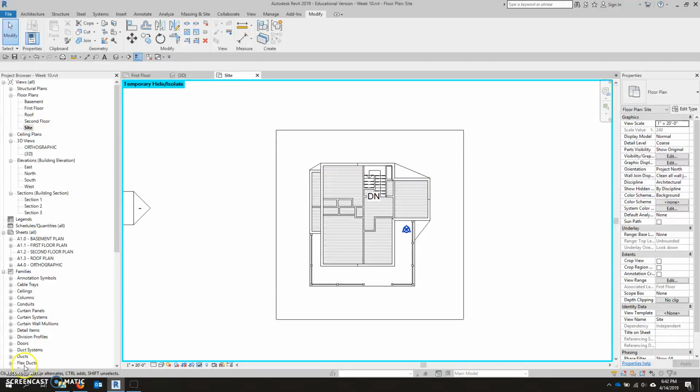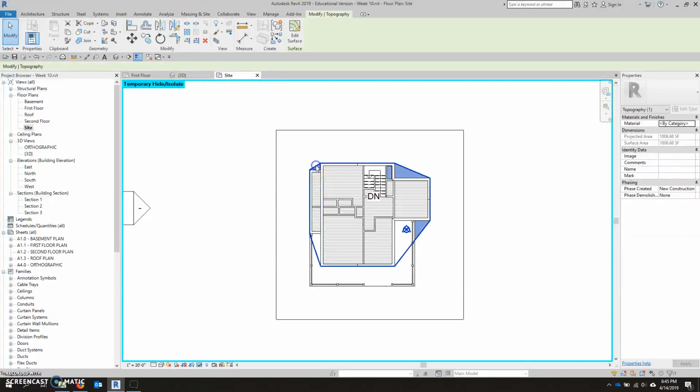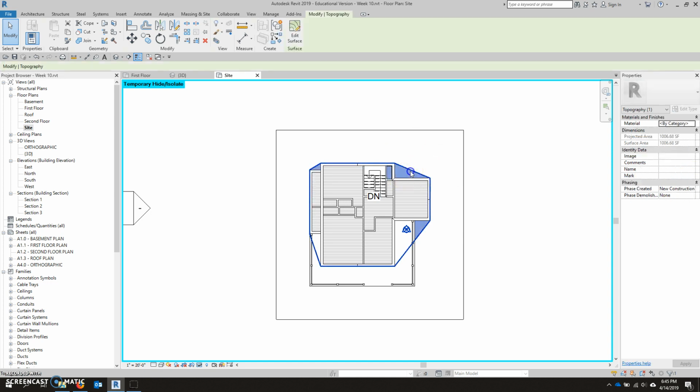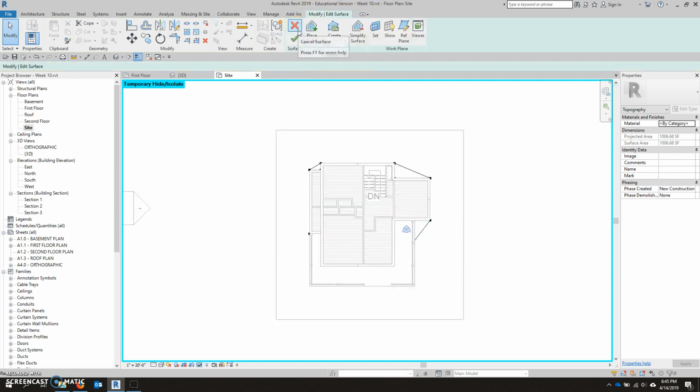So now what I want to do is edit this topo surface. To do that, I have to select it, and you can select it by hovering over any one of these edges that you see appearing below the building, or outside of the building, I should say. So I'm going to select that topo surface, come up to my context sensitive ribbon, click Edit Surface, and now